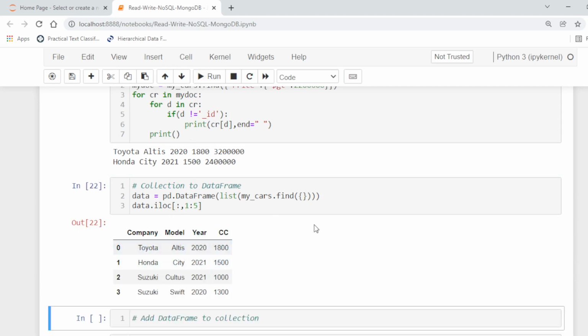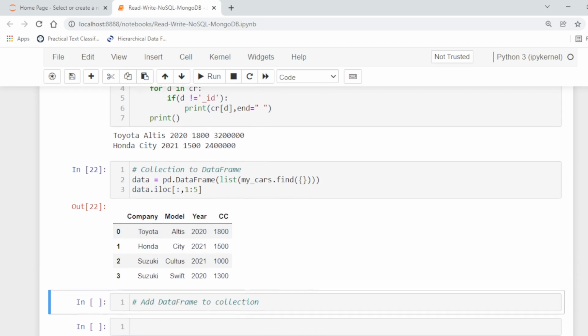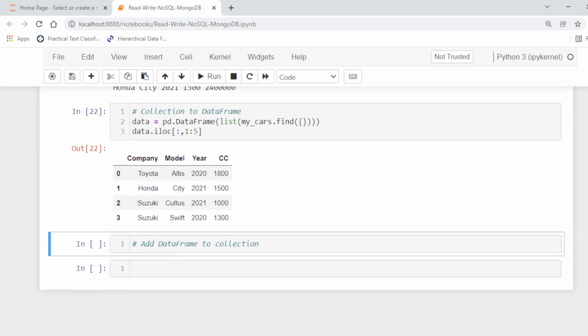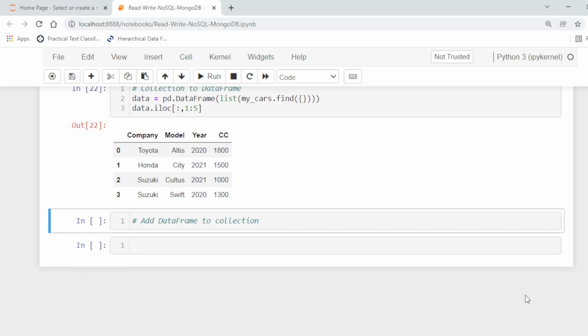You can use the iloc function to filter the ID. You can drop the ID.